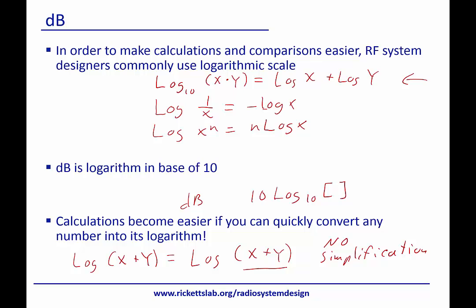So to do this properly, what you'd actually have to do is add x and y in the linear domain and then take the log of that. And sometimes we might give you x and y in dB, and you would have to convert those to a linear domain and then take the log. So for instance, just to do an example, x equals 3 dB and y equals 10 dB,